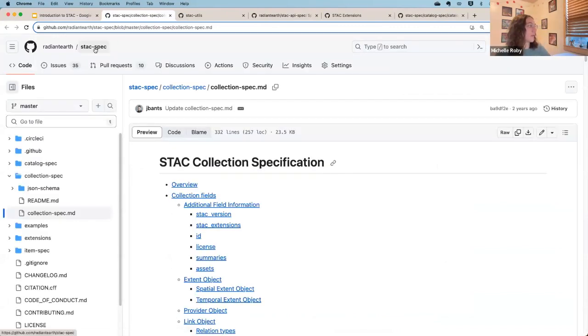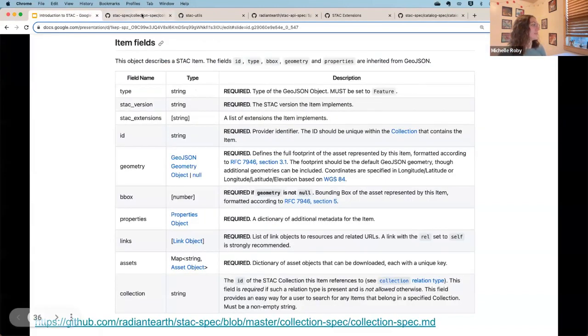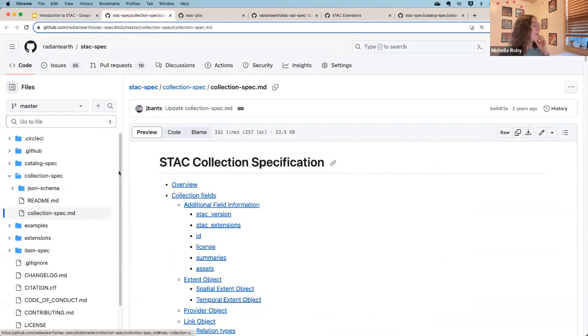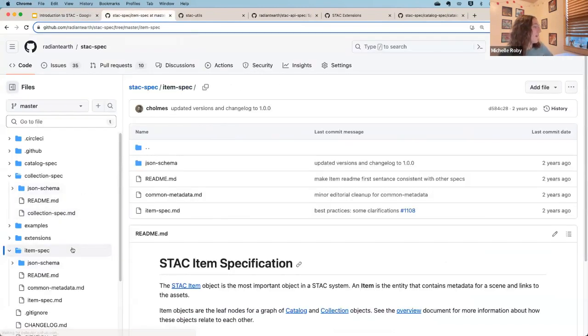So earlier we looked at the STAC spec, the Spatio Temporal Asset Catalog specification. Within here, each of these sub-components has its own specification page where you can go and understand each better. And right now, oh, this is linked to the collection, that should have been item. I'll fix that before I send it to y'all.